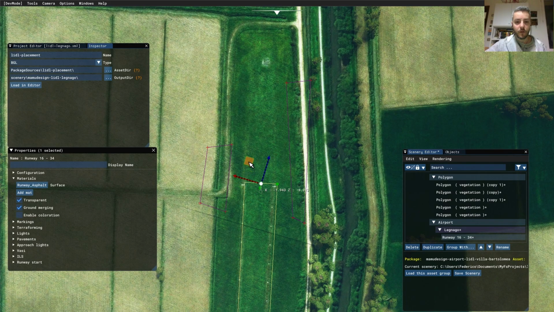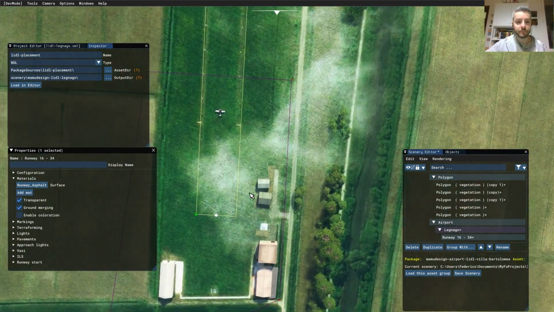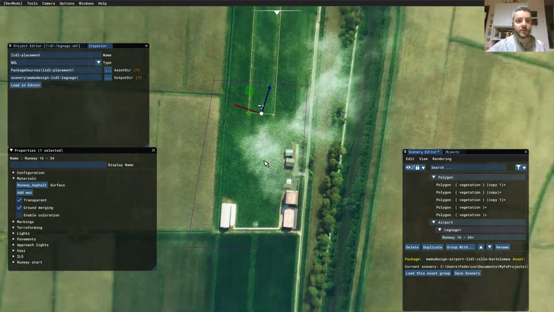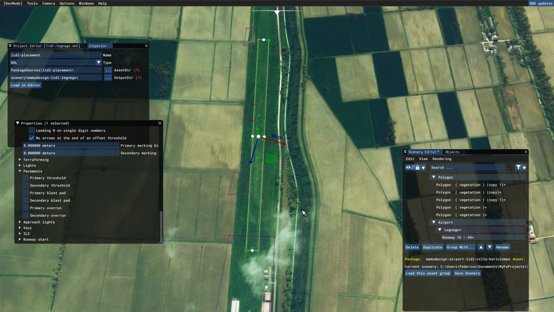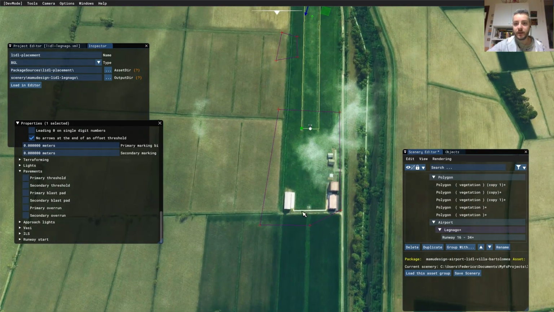Okay, so I know that this is the start of the runway. I think this says it's okay. And this is the start of the runway. It should be about 620 meters long, and it is 622. So now we have our runway nicely placed, and I know that this runway has some overrun, either on